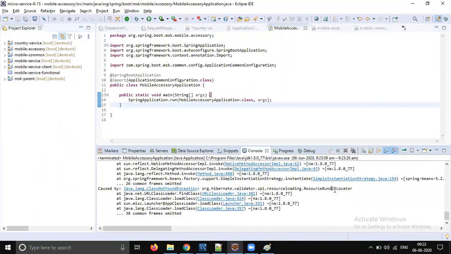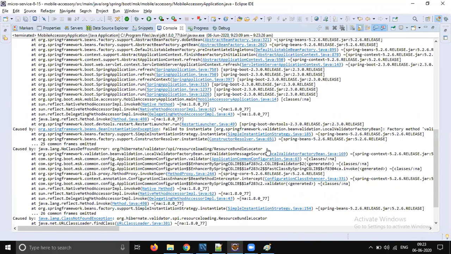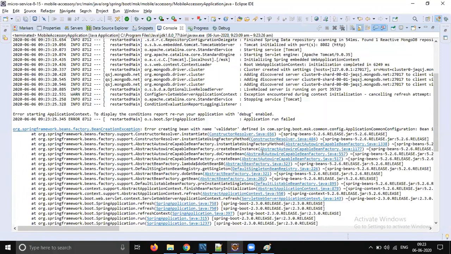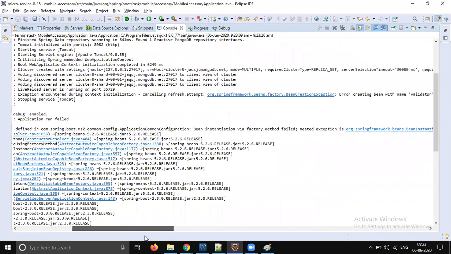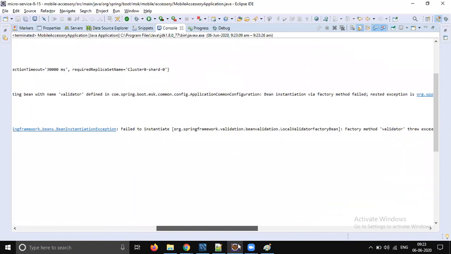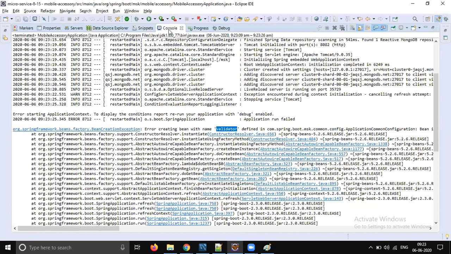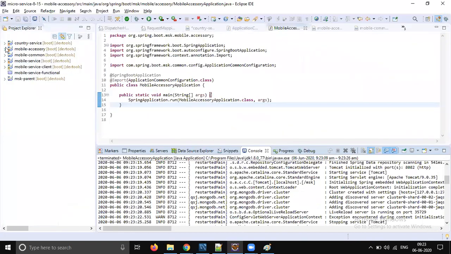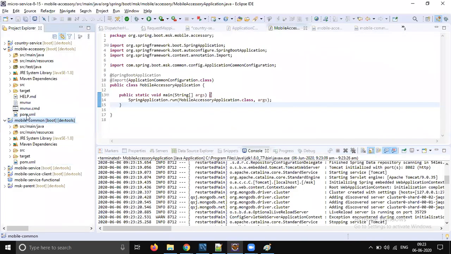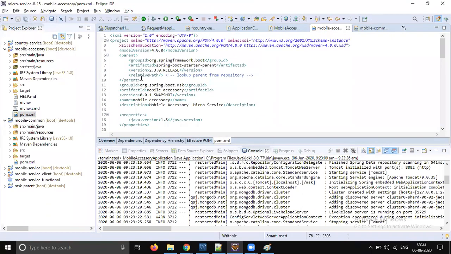Resource bundle locator, dev tools, validator. I think validator is part of Spring MVC, Spring framework. Okay, I got it. This problem is coming with the latest version of Spring Boot.